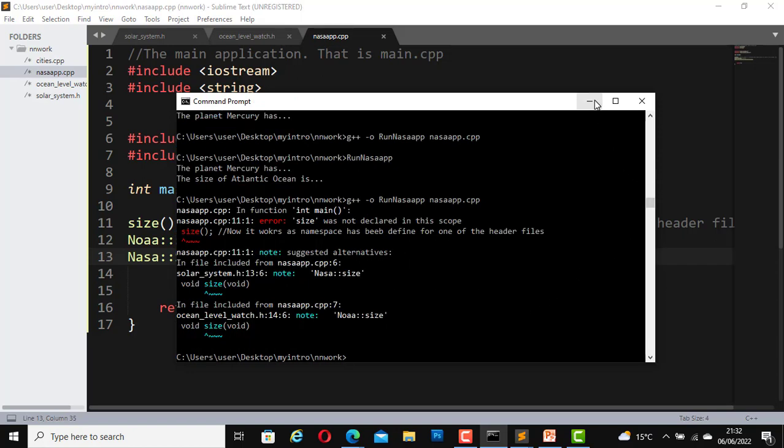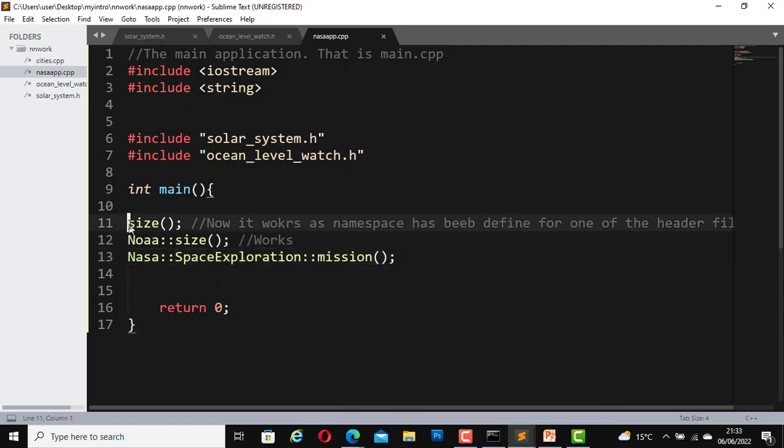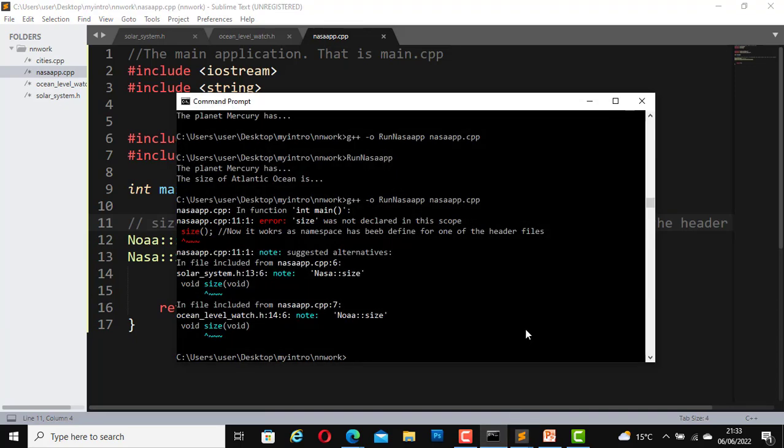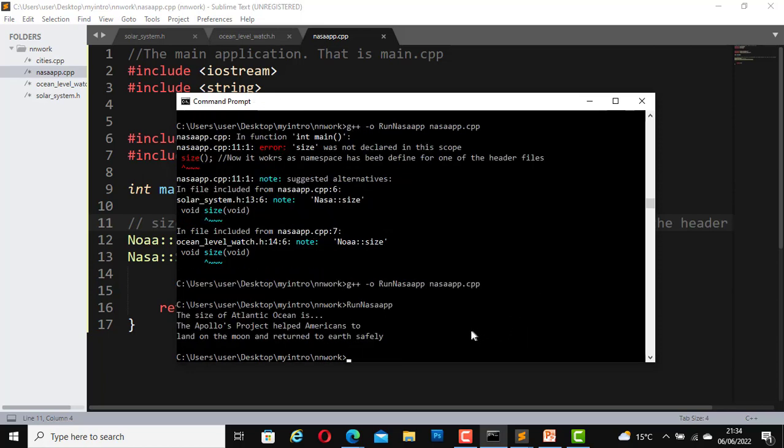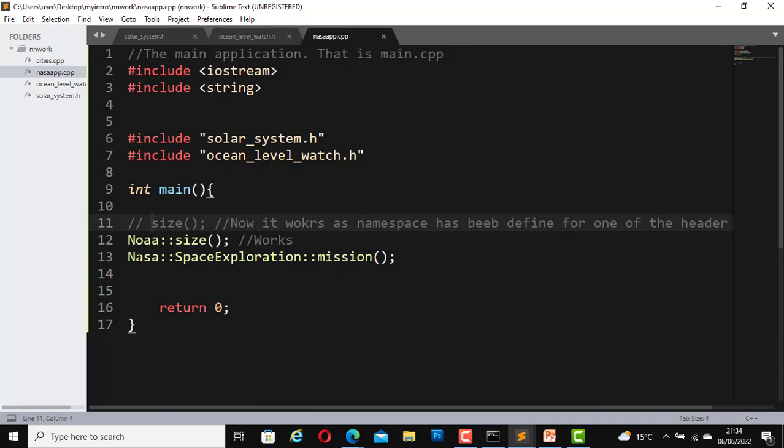Okay, we've got an error message here. It says NASA app.cpp line 11 error size was not declared in this scope. What that means is here we have to specifically say NOAA size. So I'm just going to comment it out. Now let's compile it again. Great, it was compiled successfully. Now let's run it. Exactly, it works as expected. The Apollo's project helped Americans to land on the moon and return to Earth safely. So this is how we use